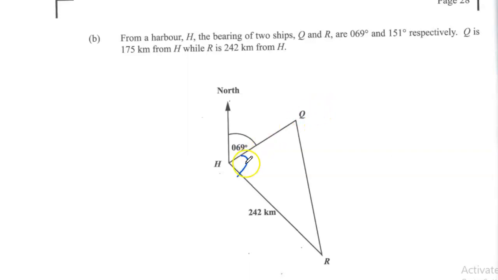This angle would actually be 82 degrees, right? 151 from the north of H. Alright, so Q is 175 kilometers from H, while R is 242 kilometers from H. That's already in there. So we are asked to complete the diagram and